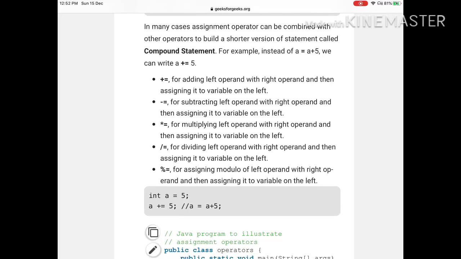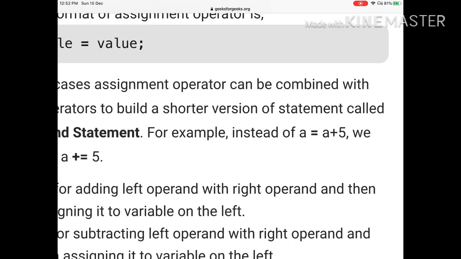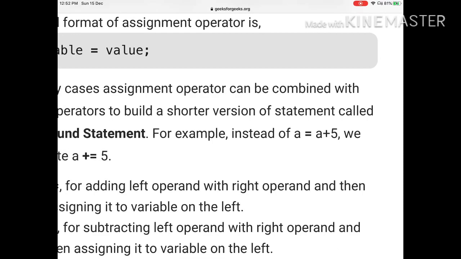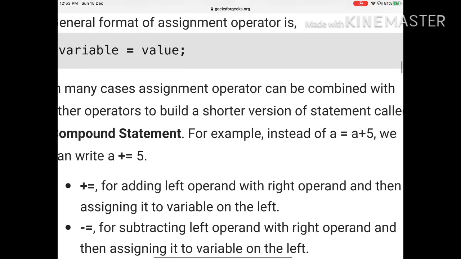When you say a plus plus, by default increment is by 1, but in case you want to increment a number by 2, 2 से बढ़ाना है, 3 से बढ़ाना है. Okay, so here we have, for example, instead of a equals to a plus 5, we can write a plus equals to 5. So this